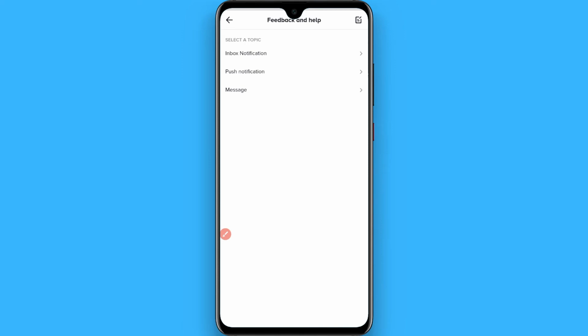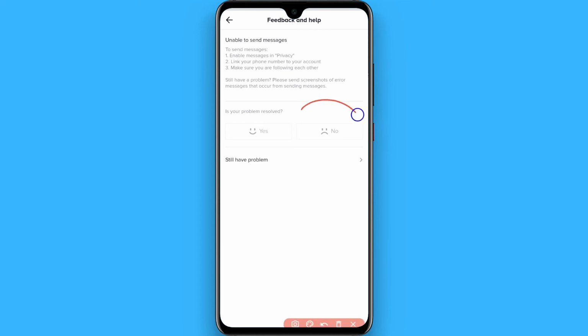Now you will see multiple options here. You have to click on Message. After that, choose the option or the problem you are facing, and I simply select Unable to send messages, and after that you have to click on No, or you can simply click on Still have problem